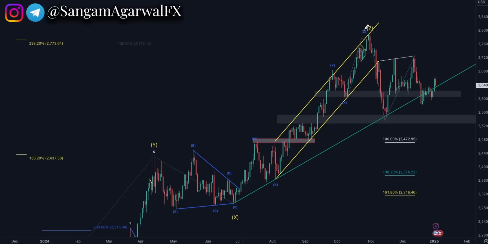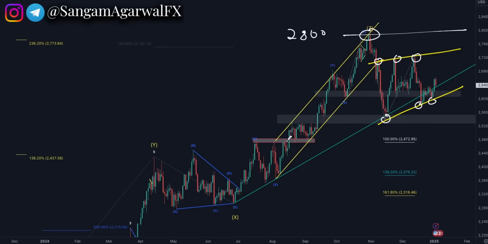So back to the daily time frame, you have 2 triangle chart patterns, the bigger one and one more small triangle chart pattern. That is again upper trend line tested 3 times, lower trend line tested 3 times. Just wait for breakout. The sideways range below 2800 but above 2530.